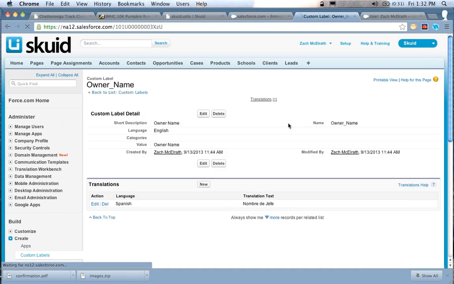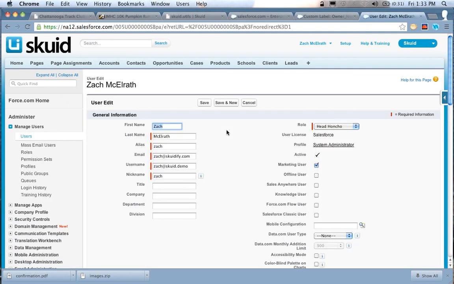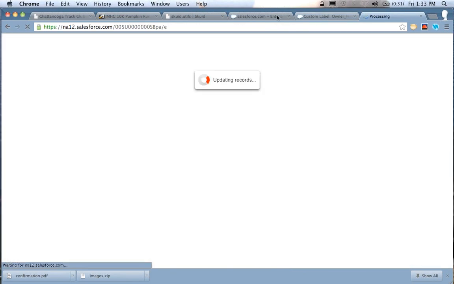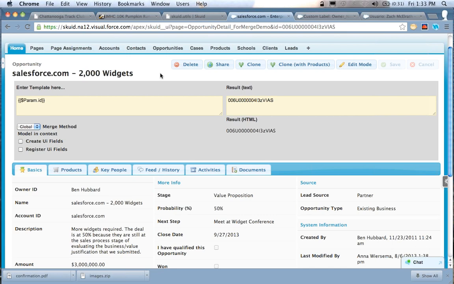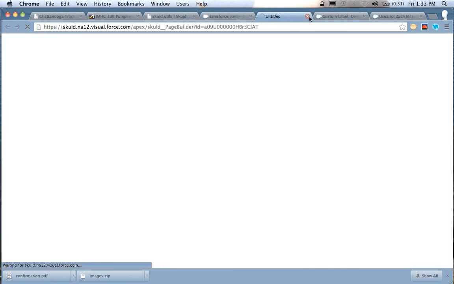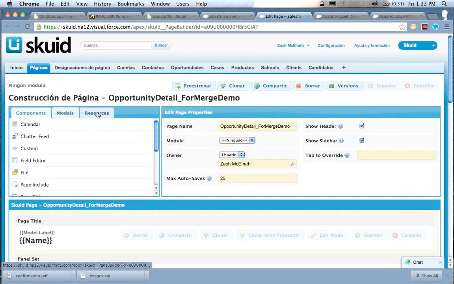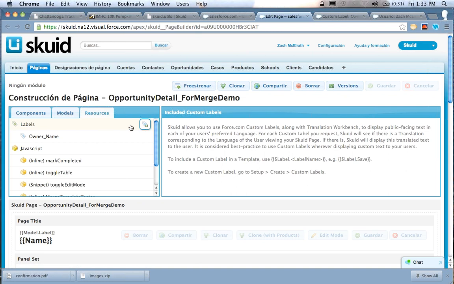So that's one way to do it. With custom labels, you go over to create custom labels, and I just created one here called owner name. If you go over here, in English, this says owner name. In Spanish, it says nombre de jefe. You can add a new translation for other languages as well. To demonstrate this, I'm going to switch my language to Spanish. It's going to get a little scary here, but that's going to be useful. So going back to our page,